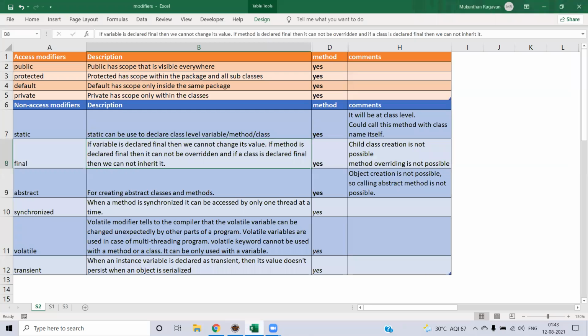Okay, fine. Now we will recollect the summary. Public, protected, default, private: we have seen the different combinations inside the package and outside the package. We have seen the static method, and we have seen final at the method level. We have seen the new concept of overriding, not in detail, but we will see it at a later stage. And we have seen the abstract method and abstract class combination and what the rules are together. We have also seen how to implement the abstract methods in our child class. So this is all about the different access modifiers and non-access modifiers, mainly at the method level.